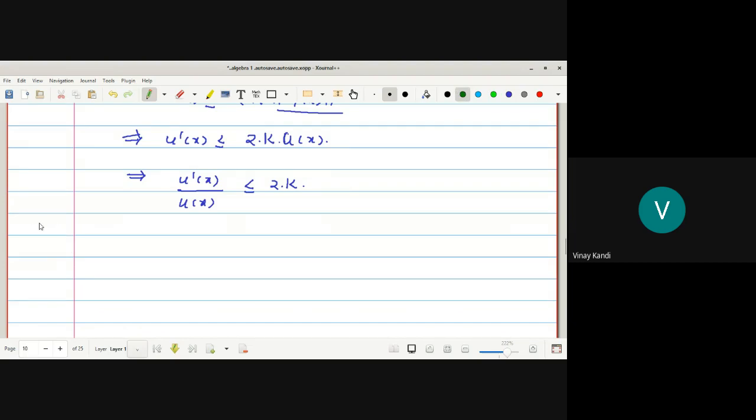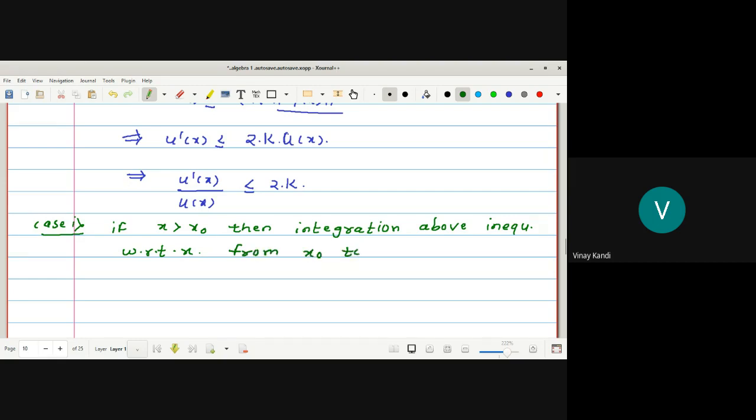Now the case number 1. What is the case 1? Case number 1: suppose x is greater than x naught. Then integrate the above inequality with respect to x from x naught to x. Why? Lower limit is x naught and upper limit is x, because x naught is less than x. Then we get